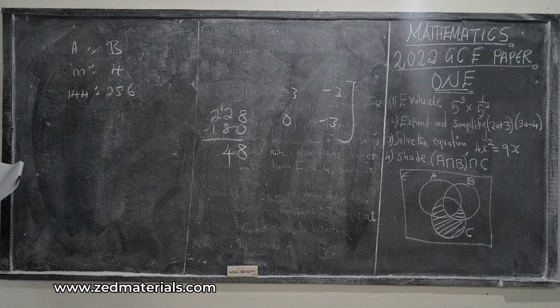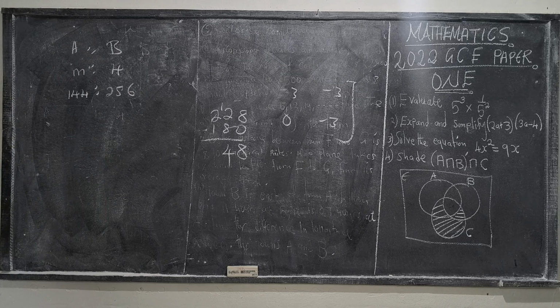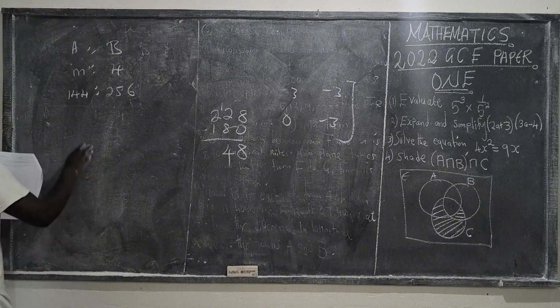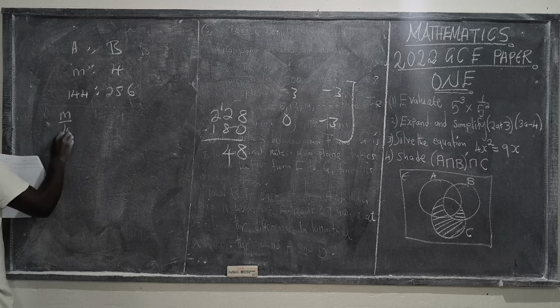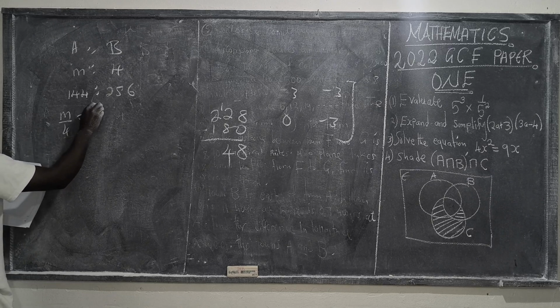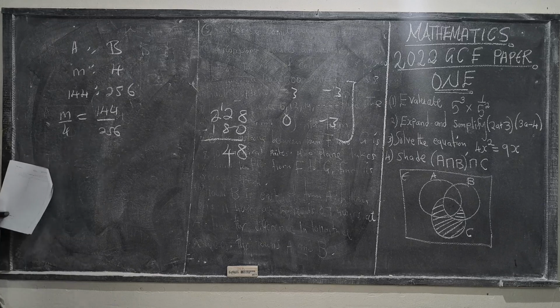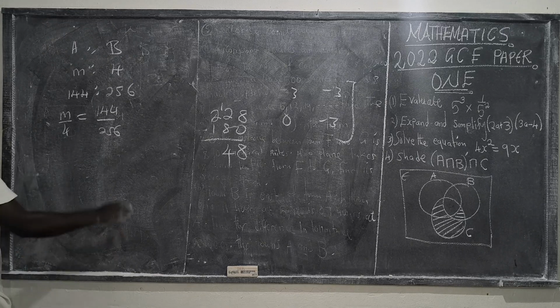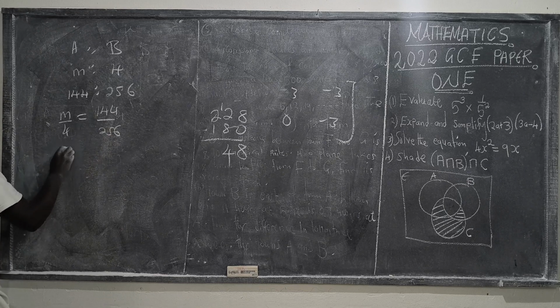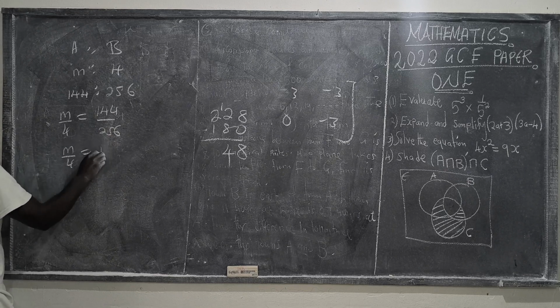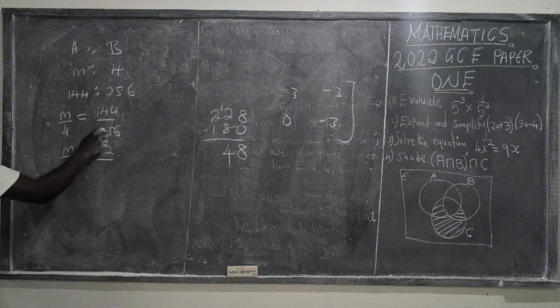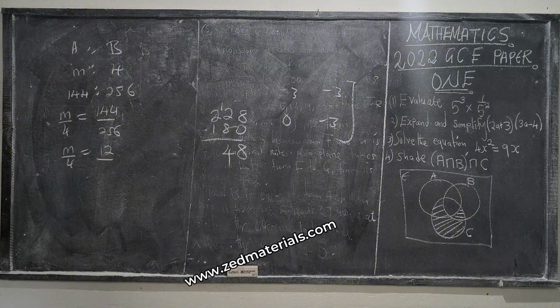All right. So what you're going to do is, they are saying, given the areas of A and B, we find the value of m. So you just say m over 4 is equal to 144 over 256. From there, because they are saying the ratio of their areas, you find the square root of 144, which is 12. So you say m over 4 is equal to 12 over the square root of 256, that is